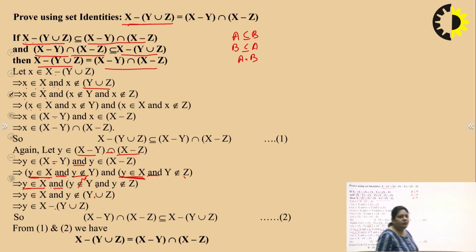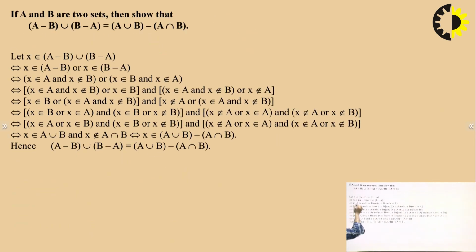Again it gets proved. Let's see another one. So again, let us suppose let x belong to A minus B. We have taken LHS. Let x belong to A minus B union B minus A. So what can we get? X belongs to A minus B, union is converted into or, x belongs to A minus B, or x belongs to B minus A. Minus is converted into and, and this minus is converted here as not, does not belong to. X belongs to A and x does not belong to B, or again same here, x belongs to B and x does not belong to A.